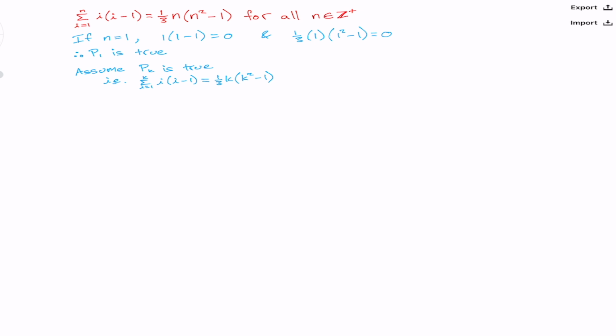Now, the next step is to see whether P of k plus 1 is true, which is the next scenario after P of k. But what I like to do before I start looking at that, and I generally do this on a scrap piece of paper, and I find that really useful, is to look at what we're actually trying to find when we're doing P of k plus 1. So essentially, I just like to substitute k plus 1 into the P of k that I've got here. So in this case, I'll just do it in this area down here. We've got P of k plus 1, we're looking for that to be 1/3, k plus 1, and then multiply the k plus 1